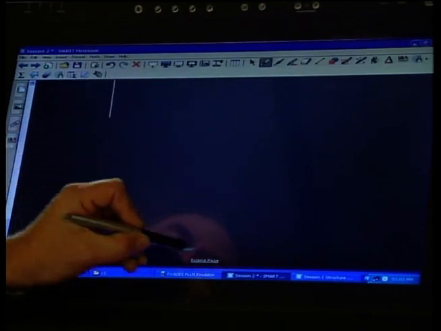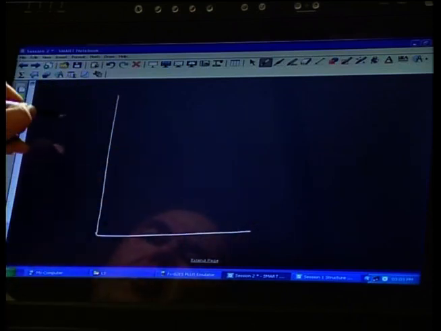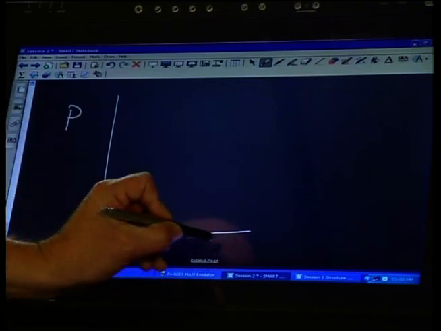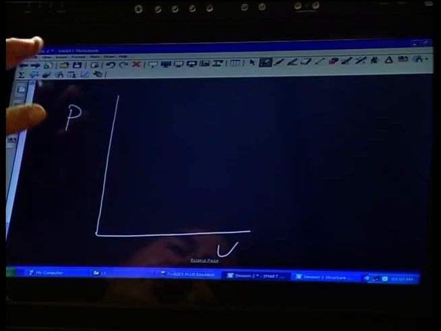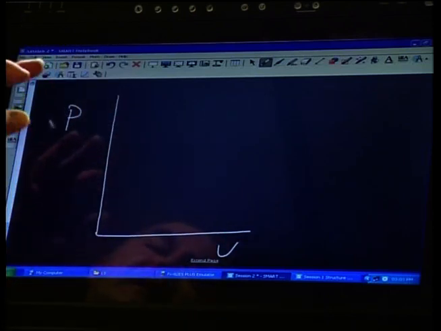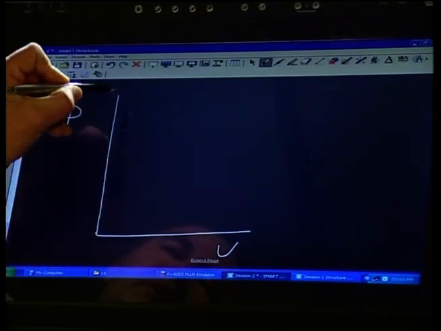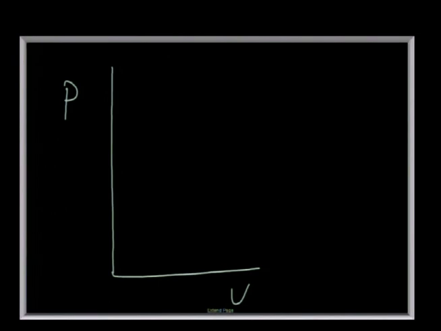What he found was not just the fact that when you plot your graph, we start with a fixed volume, you can use your independent variable as volume or pressure in this particular case. I've chosen to use volume. What he noticed was that as you plot the graph, you get a very interesting graph. It is a hyperbola. So it's not a straight line, but it's a curve of this